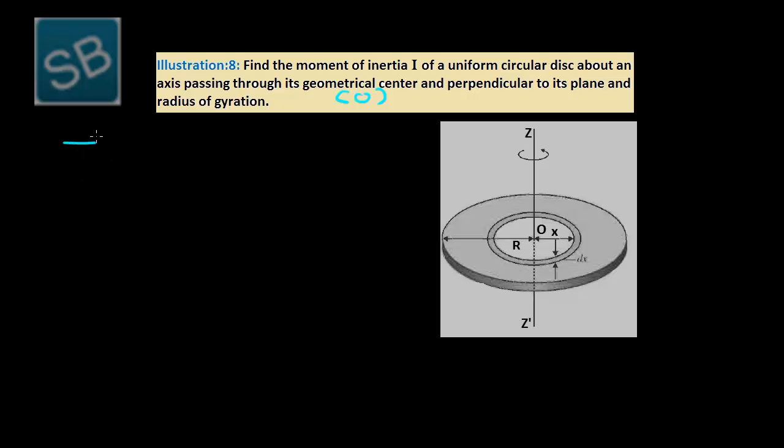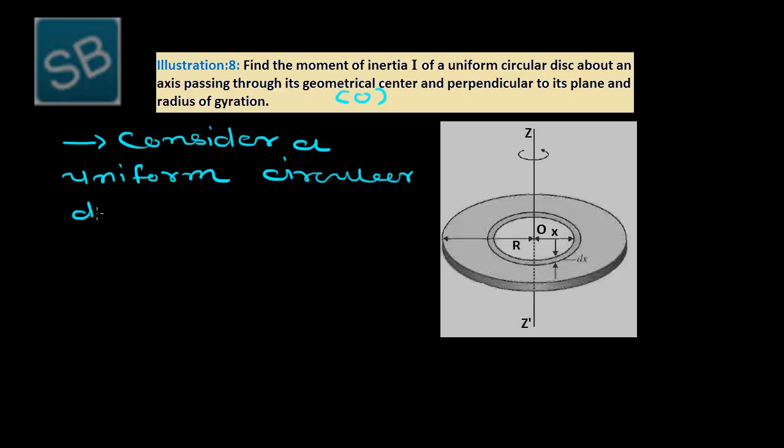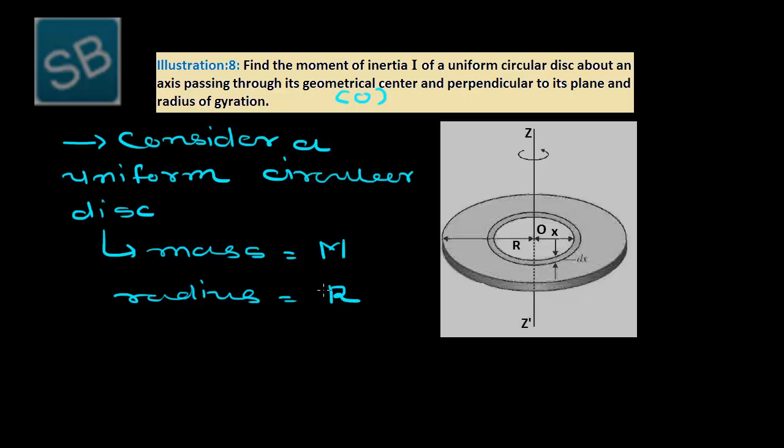So first of all, consider a uniform circular disk which is having mass capital M and radius capital R. Here the axis is passing through ZZ dash, or we can say the rotational axis is ZZ dash, that is perpendicular